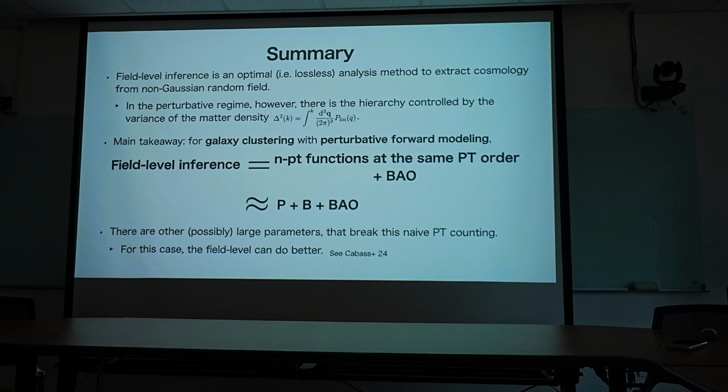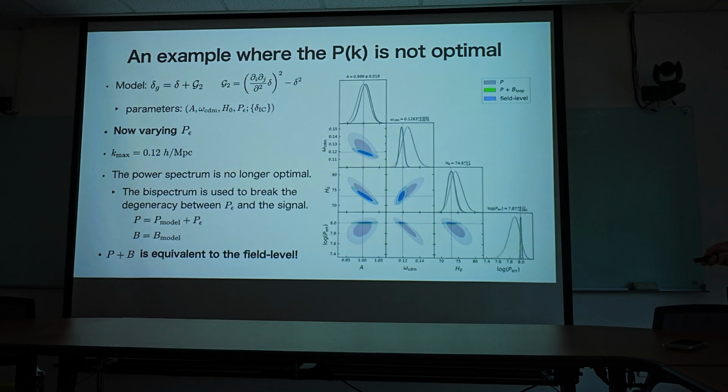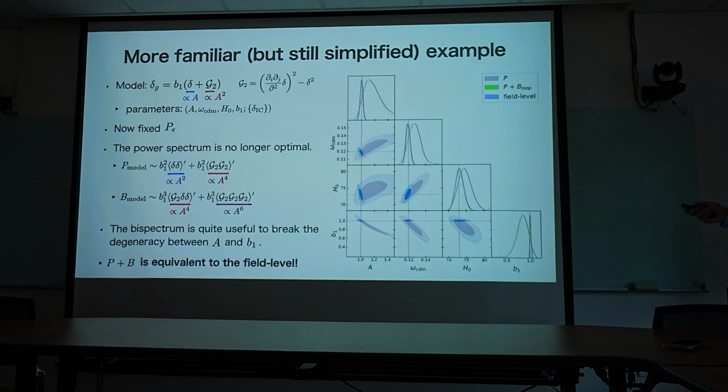So your last, most realistic one. Mm-hmm. If you overplot the constraint only from the power spectrum. Okay, this is for real space. In real space, you cannot select the degeneracy between A and B1. It's the same as this plot. But actually,